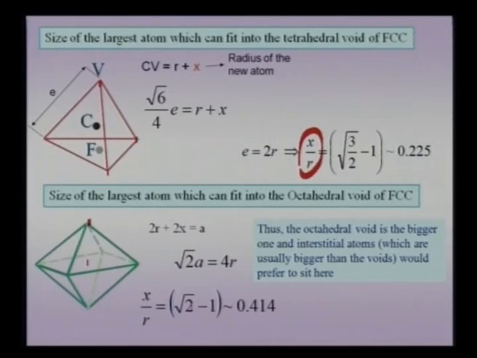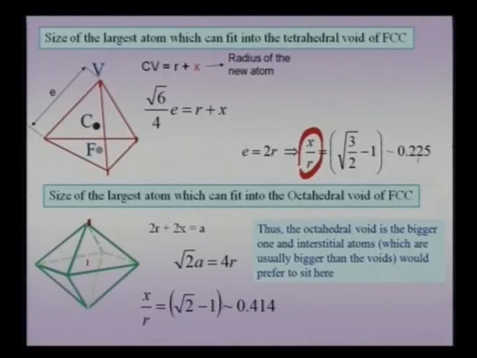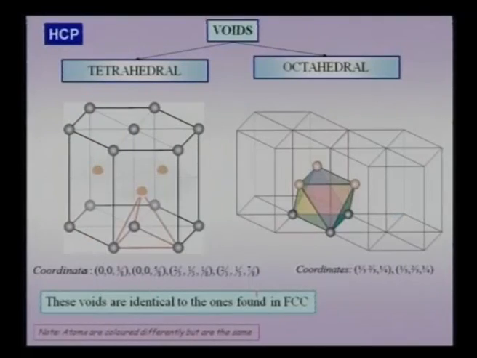In other words, the octahedral void in the cubic close packed crystal is almost double the size of the tetrahedral void. The tetrahedral void is very small, and the octahedral void is a much larger void in the cubic close packed crystal. This is an important point to note, and later on we will try to compare these sizes, like 0.225 and 0.414, with some of the other void sizes in the BCC crystal. Now, in the case of the hexagonal close packed crystal,